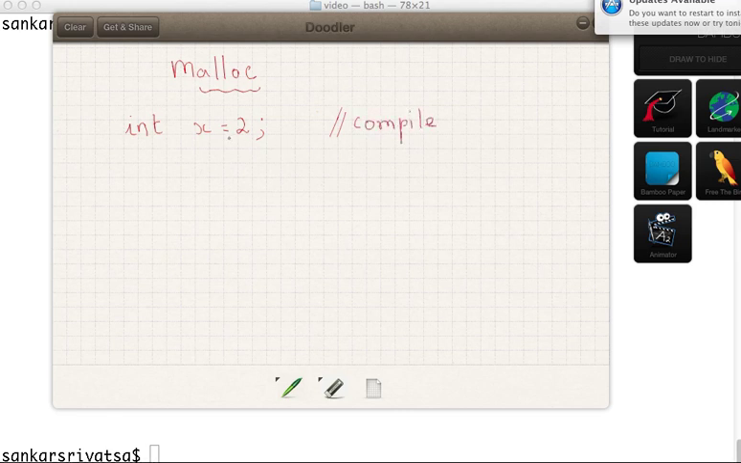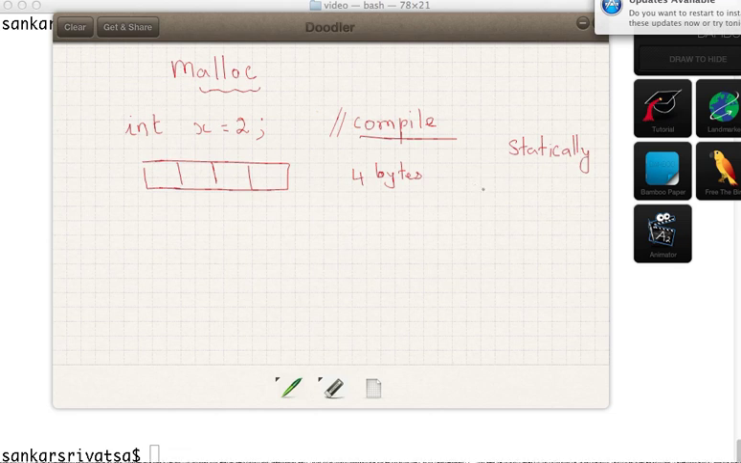we instructed the compiler to allocate 4 bytes of data, right? This is 4 bytes of data, and we say assign it to 2. So this 4 bytes of data we allocated at compile time. This is called static allocation, and the other name for that is stack space. We allocated memory from the stack space, right? And there is another concept, something called a heap space,